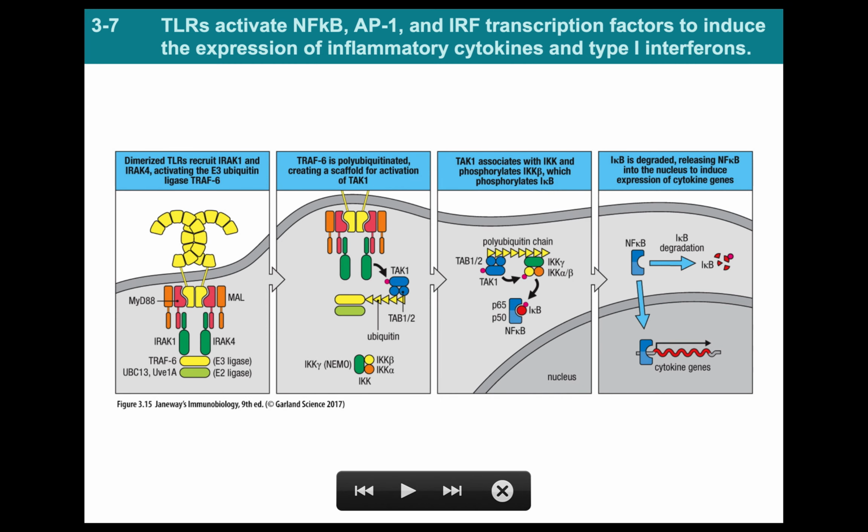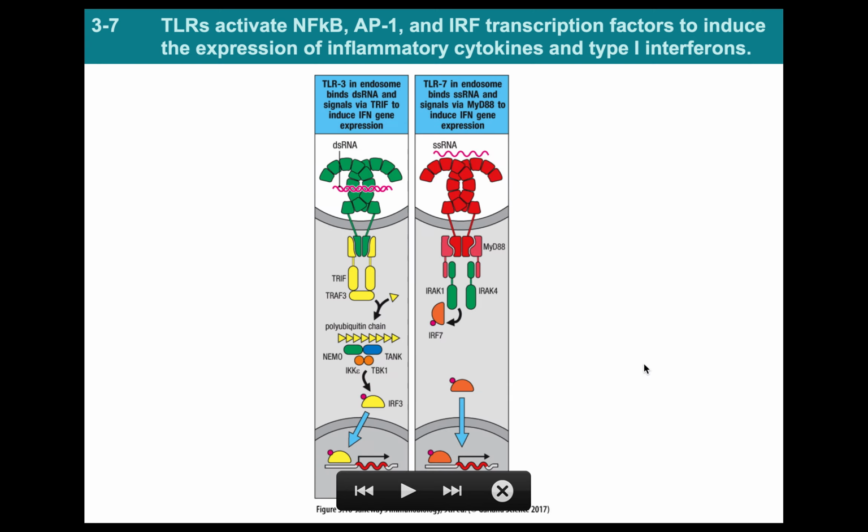These three pathways, MyD88 and MAL, are going to signal through our E3 ligase, which is going to phosphorylate TAK1, and it's the IRAK proteins that are going to phosphorylate that. And then that is going to phosphorylate the IKK complex, which is going to phosphorylate I kappa B, which is going to let NF kappa B go to the nucleus. Or you're going to have the shortened versions of that,